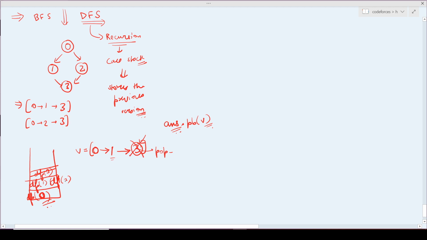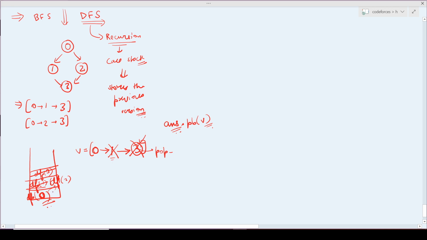Very fine. Now I reach back to 1. 1 has no more children left because it has only one child which is already iterated. So I will also pop it back. Then I am on 0. 0 had one child which I have already visited. The next child is 2.